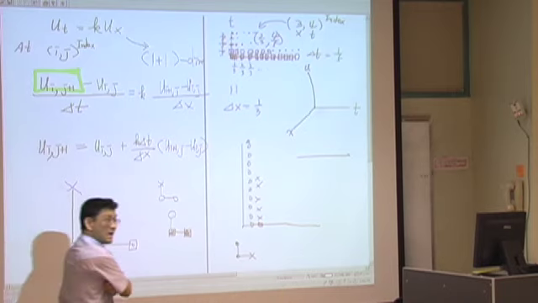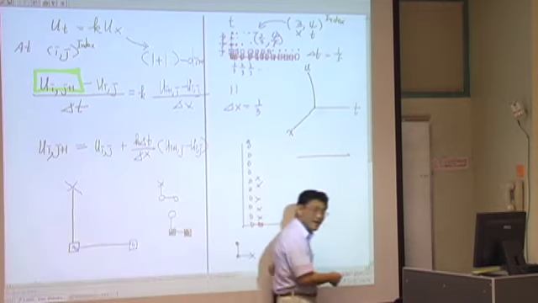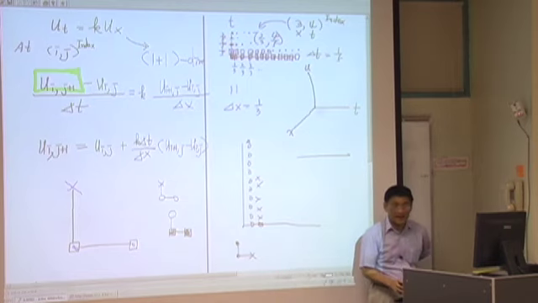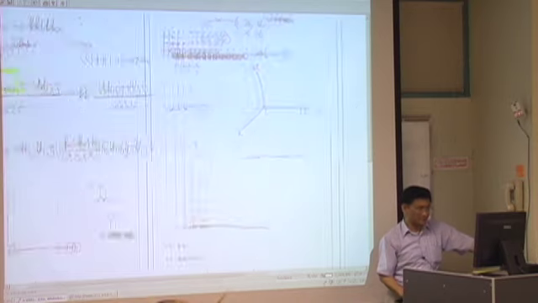Can you show us an example of a boundary condition where we know all those values there? I see. For instance,